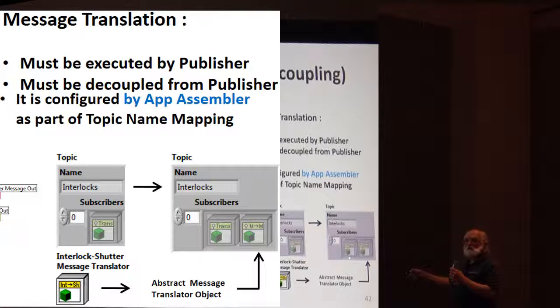Instead of just transferring the message transport of the shutter to the interlocks publisher, it also passes it the abstract message translation class. And this is a concrete implementation of this guy. So this subscription is done in application-dependent code. Things are decoupled through abstract translation message, and you're statically decoupled. And it is really easy to do that.